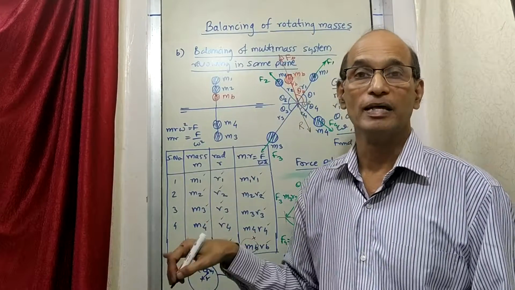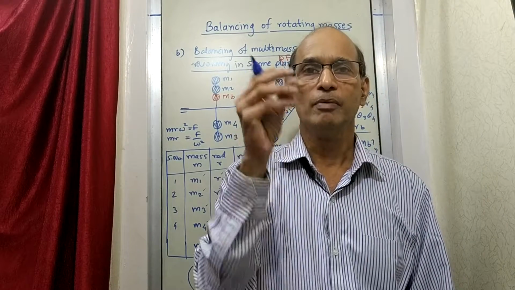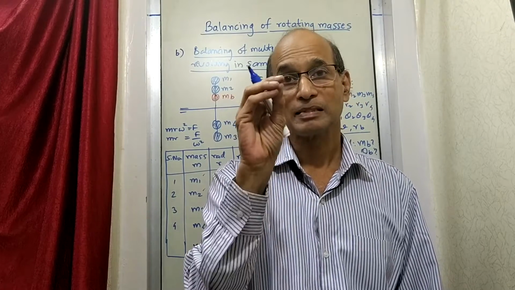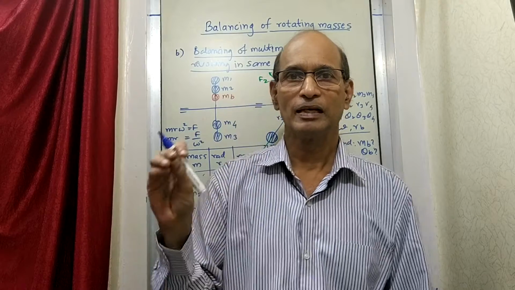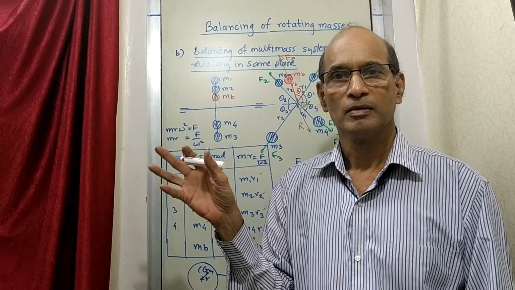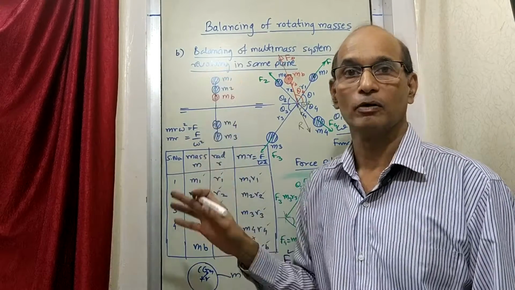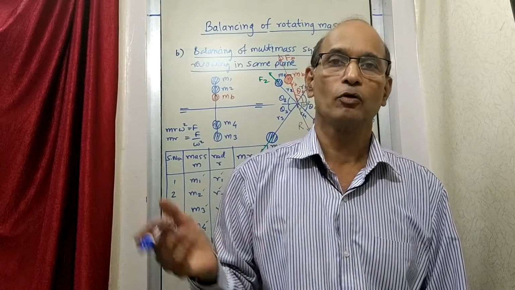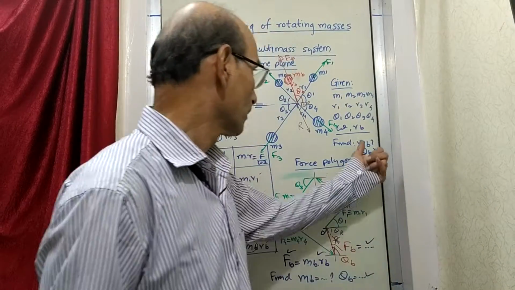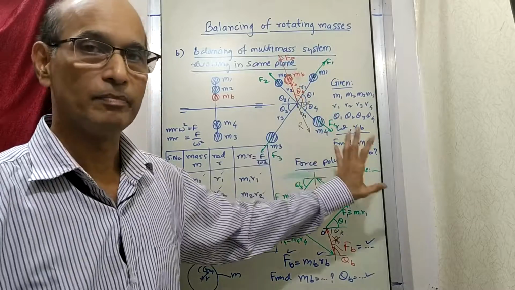There could be a keyway there. Suppose you cut one keyway, then there is some key. So the key will be having some mass. It has got some different thickness. So that is another mass at a certain distance. Like that, there could be some other things which are fitted on the gear. Maybe there are some bolts fitted, and so on. So all these things are causing different masses at different distances, and they are going to make the system unbalanced. We are going to balance it by adding some masses like this, what we have seen, and then the whole system which was earlier unbalanced like this can be balanced.